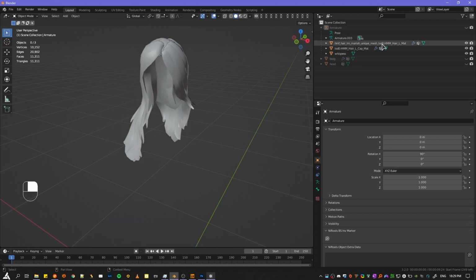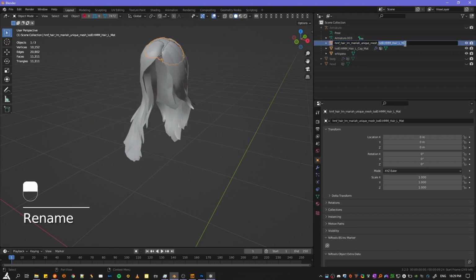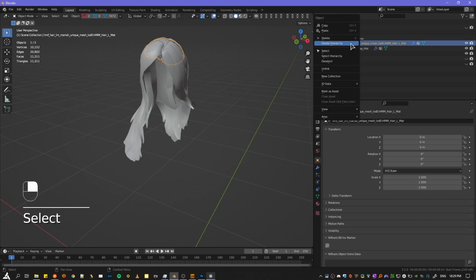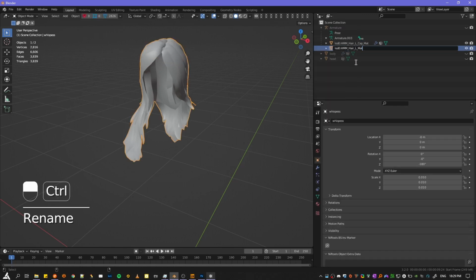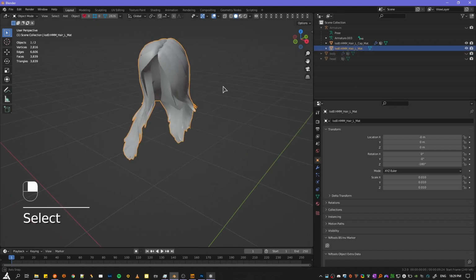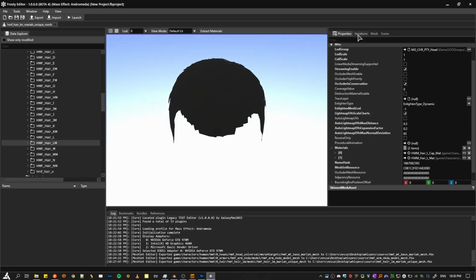And then we're going to get this part here, lod0 and the name of the material, delete the mesh, and rename our hair so that it matches the material. Okay? Now, what you need to do also,